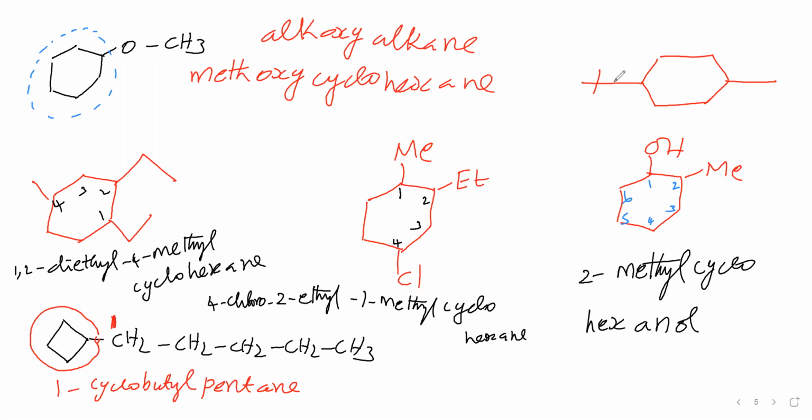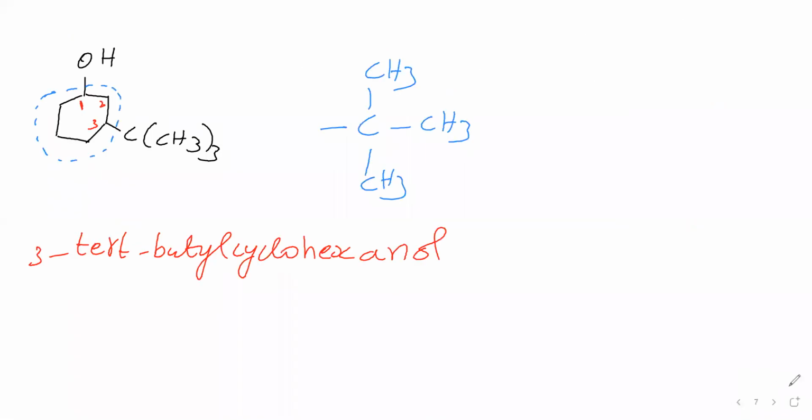Here, this is tertiary butyl, it is methyl. So tertiary butyl should get the least position, therefore 1, 2, 3, 4. So tertiary butyl is present at the first carbon, and at the 4th carbon, the methyl group is present. Then it is cyclohexane. Cyclohexane is the name of this. So the name of this compound is so and so. Next compound, we'll go for the next compound. Here, this name you can say. What is the name of this one you are thinking? Okay, think and say this name.